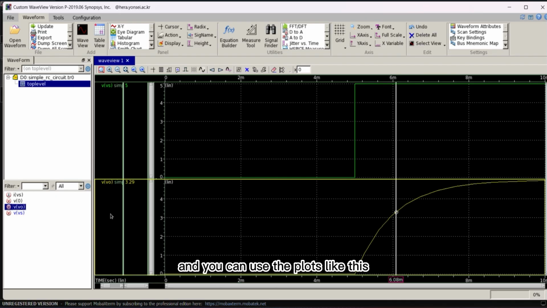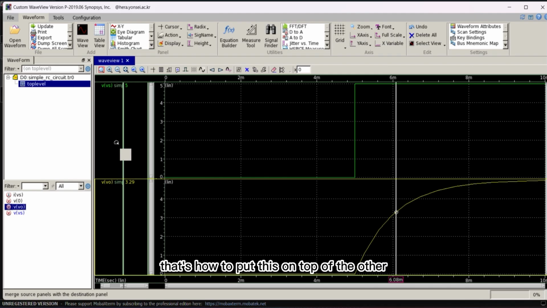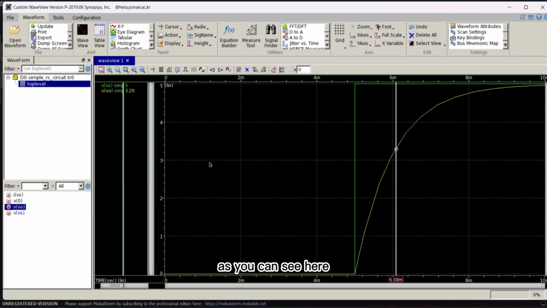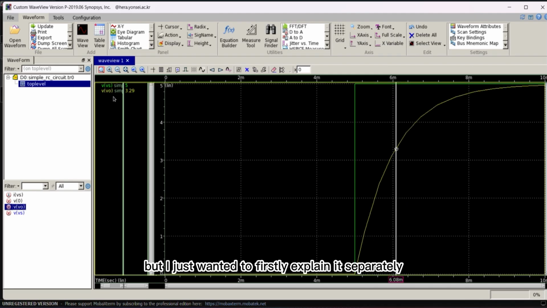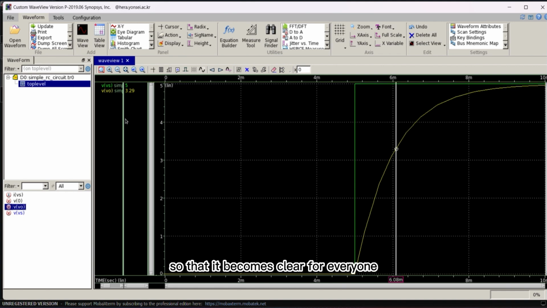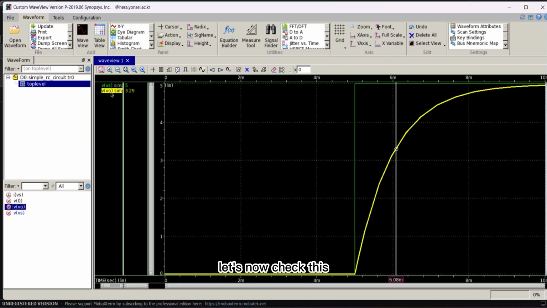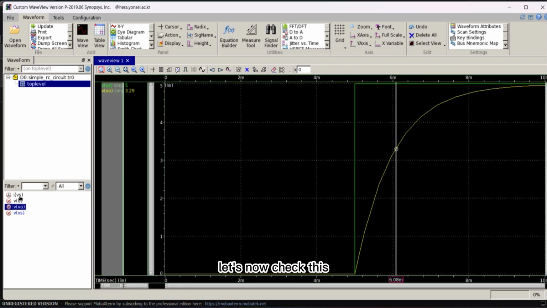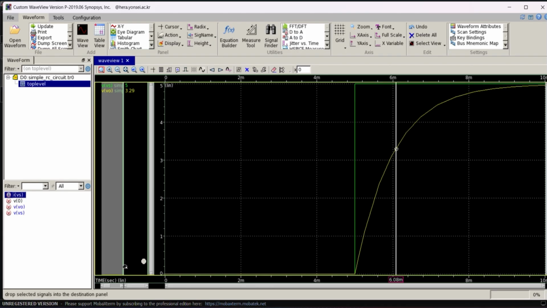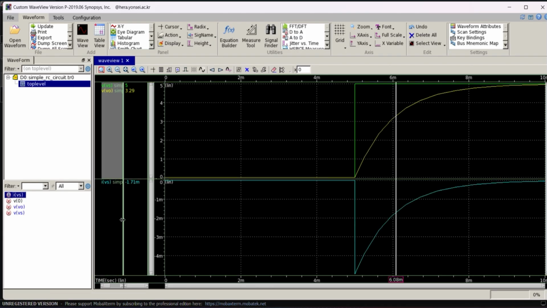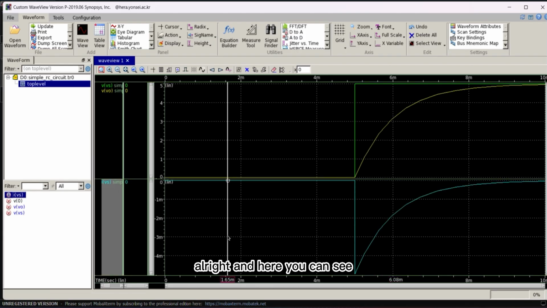And you can use the dots like this, or you can have all of them kind of overlap. Let's just put this on top of the other, as you can see here. But I just wanted to first explain it separately so that it becomes clear for everyone. Let's now check this plot. All right, and here you can see